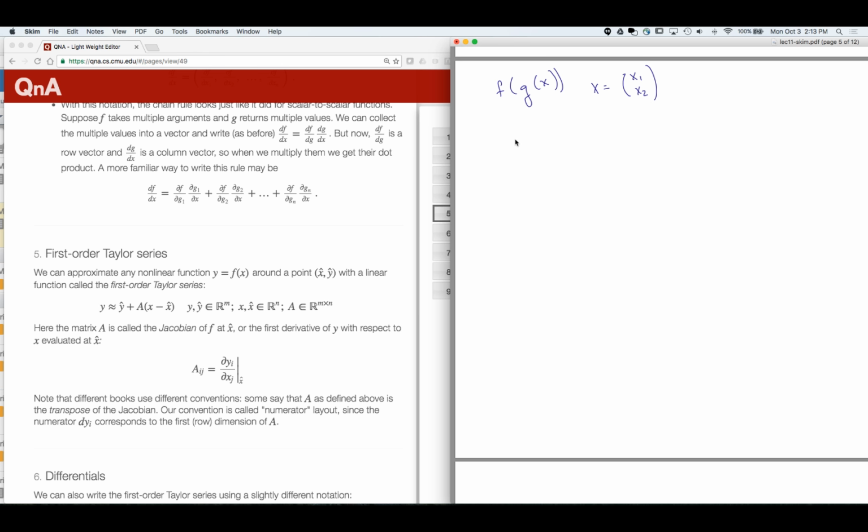And g of x is equal to x1 squared plus x2 squared, and f of z is equal to, I don't know, how about z cubed, right? So now we have df by